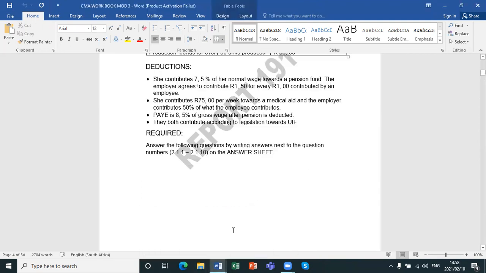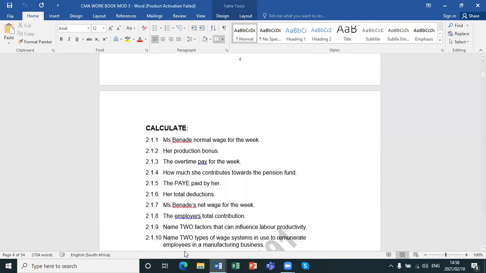When you come back to class on Monday, we will further discuss 2.1.9 and 2.1.10. Later in the week, I'll put up another 2 activities, and the rest we're going to do in class. Please, students, it's very important that you do your homework. The homework serves as a way of assessing what you know and what you don't know. So I will post and inform you over the WhatsApp groups what I'm going to do and when I'm going to load the stuff.